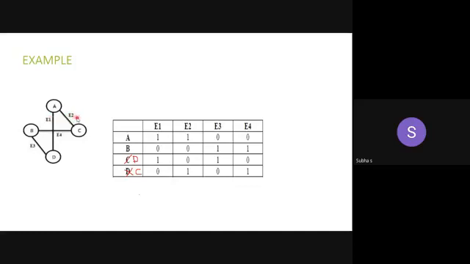What are the endpoints for E2? Endpoints means the vertices that connect the particular edge. Those are called endpoints. For E2, what are the endpoints? A and C. For E3, what are the endpoints? B and D. E1, A and D. So E1 is connecting A and D. Then E4, I don't think E4 is connecting A and D. E4 is connecting B and C. Yes, the endpoints for the edge E4 are B and C.